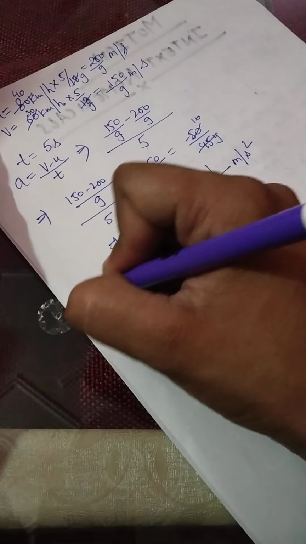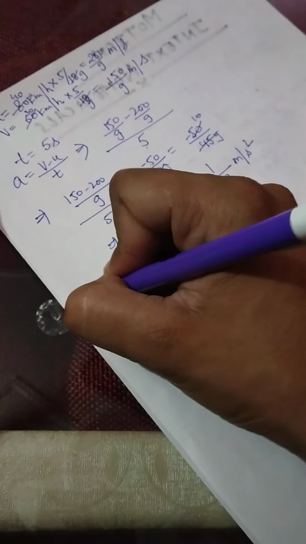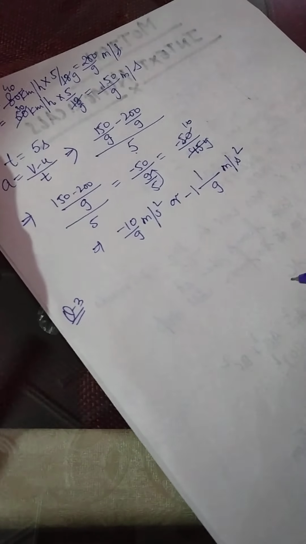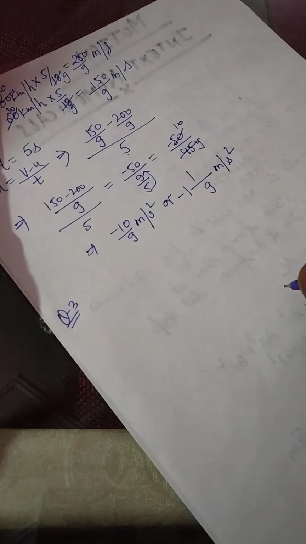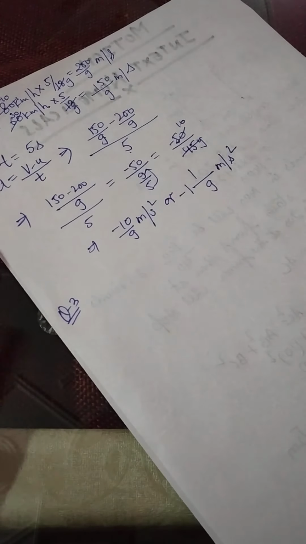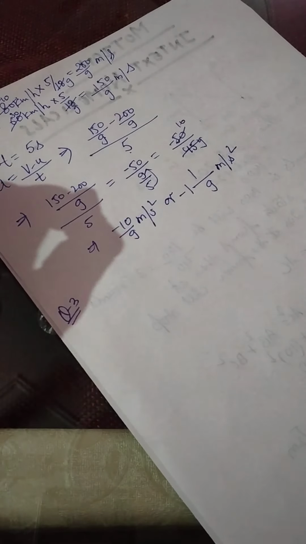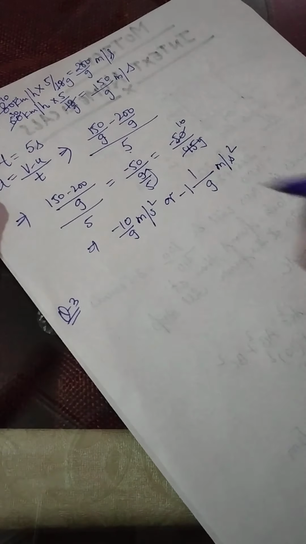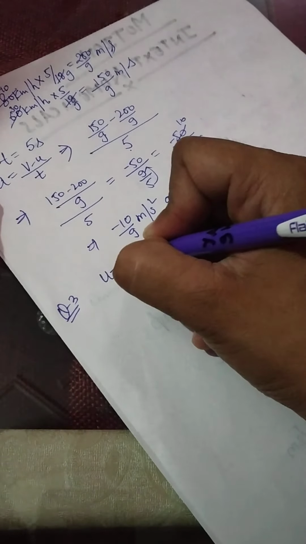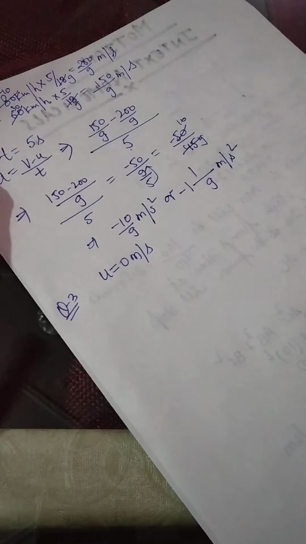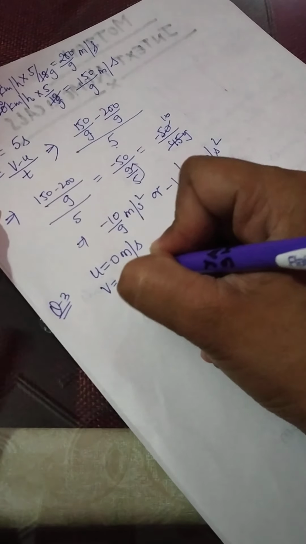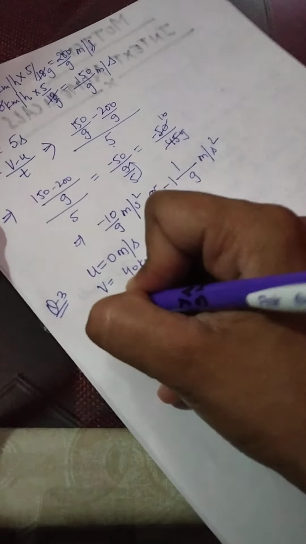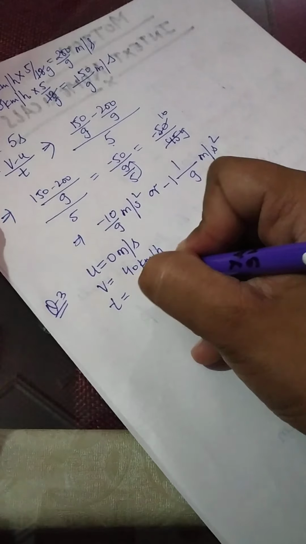Next we have question number 3 at the same page. A train starting from a railway station and moving with uniform acceleration attains a velocity of 40 km per hour in 10 minutes. Find its acceleration. We have been given that the train starts from rest or starts from railway station. So the initial velocity of the train will be 0 meters per second. We have final velocity of train as 40 km per hour, which it reaches in 10 minutes.